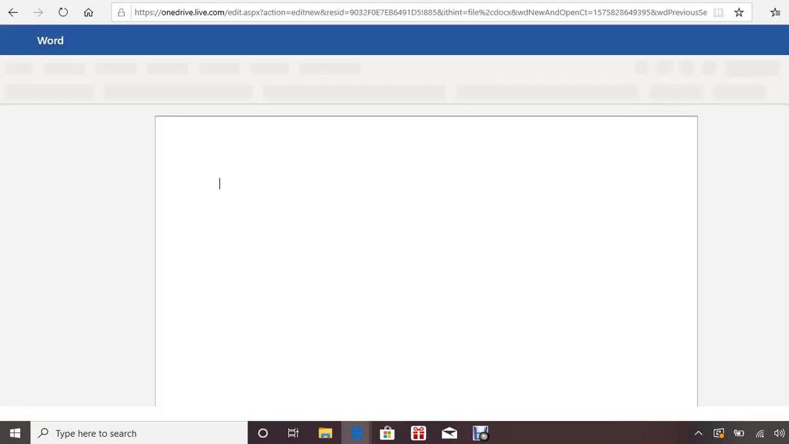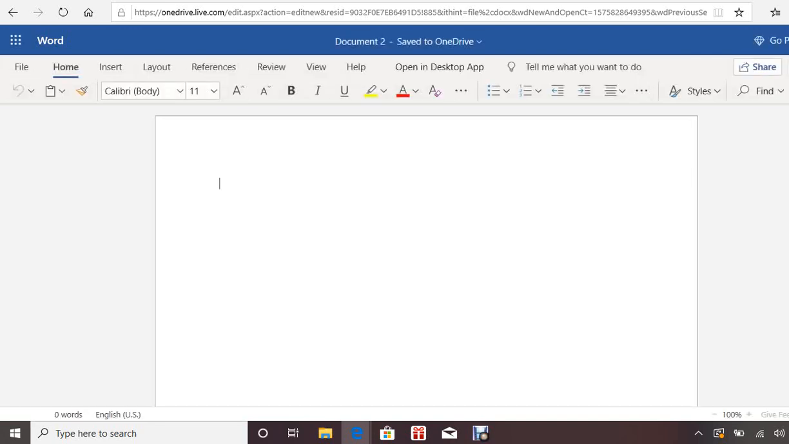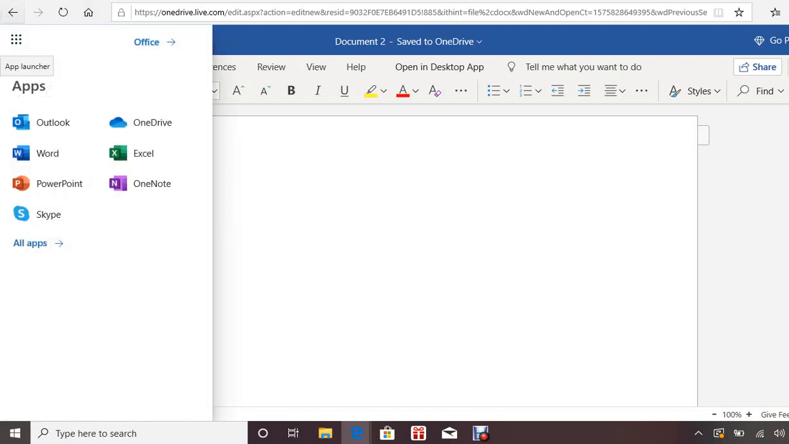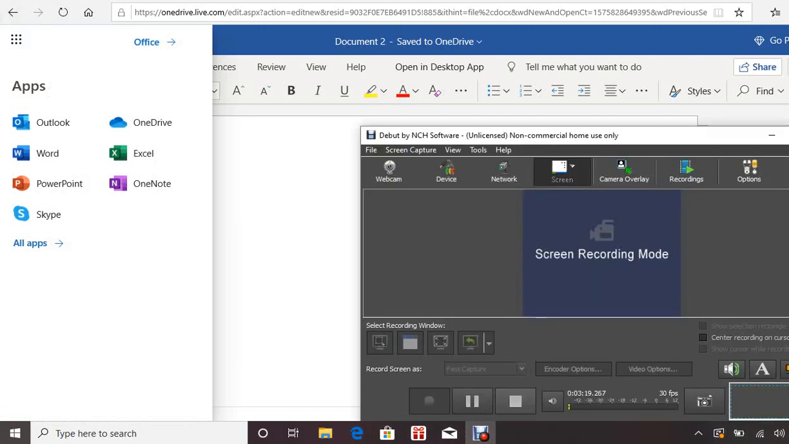Now this free Microsoft Office is perfect for a student or just someone who can't really afford the full version of Office yet. You'll just type up whatever you need. Once you're done typing that up,